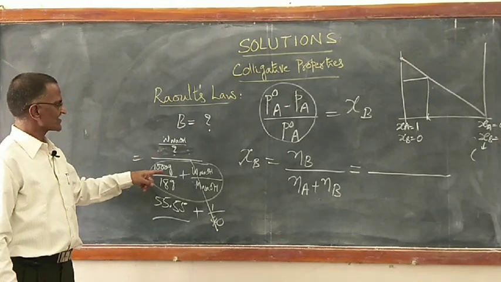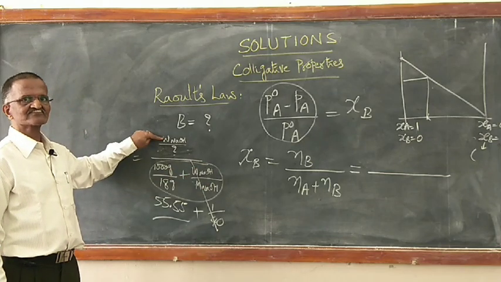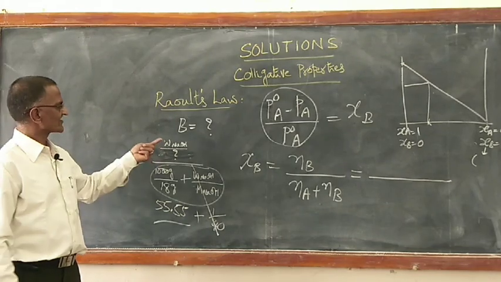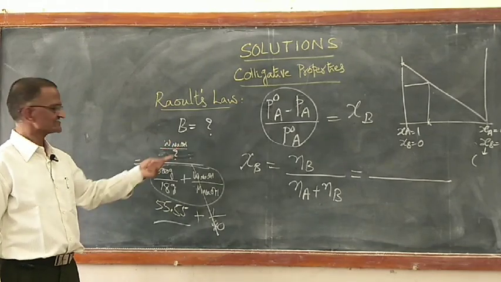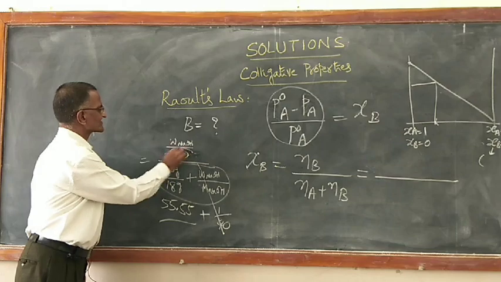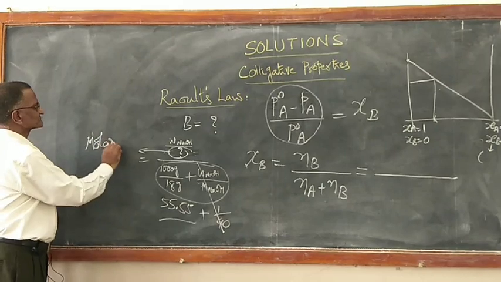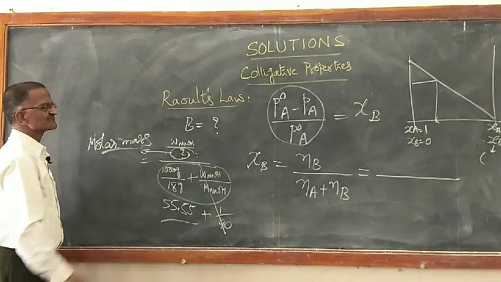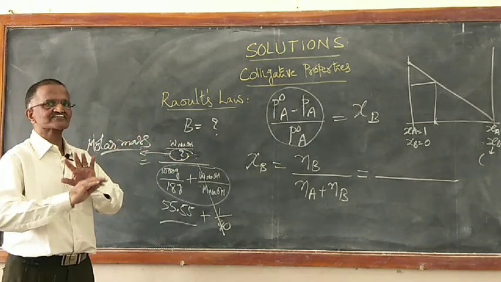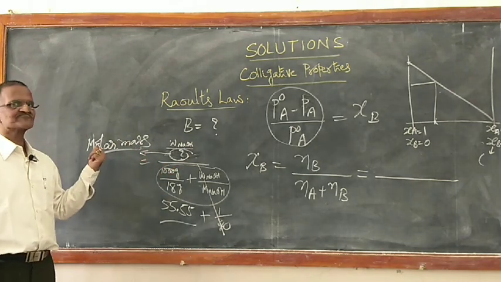If I simplify, this is negligible, the weight of sodium hydroxide, but in a different case it can be an unknown substance. The weight of the unknown substance that you have added is known. Now if I simplify this, what am I going to get? I am going to get the molar mass of an unknown substance. I just started with sodium hydroxide to understand, and afterwards I said I don't know the molar mass of sodium hydroxide. If I simplify this, am I not getting the molar mass of sodium hydroxide?